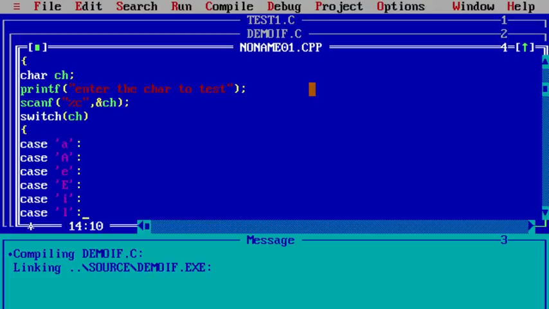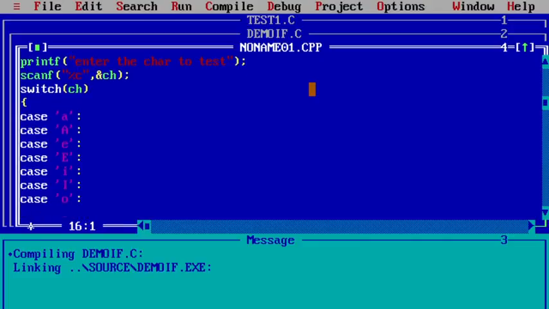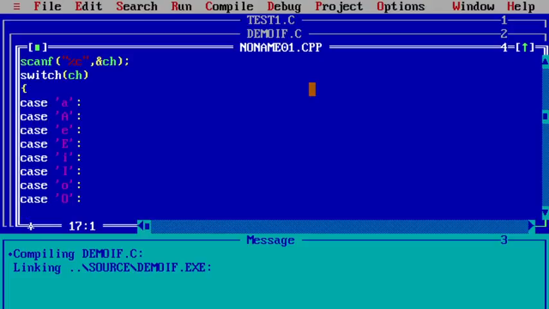Then small 'o', and then case capital 'O', single quote, colon, enter, and then case 'u' you have to test, colon, then case capital 'U', colon.